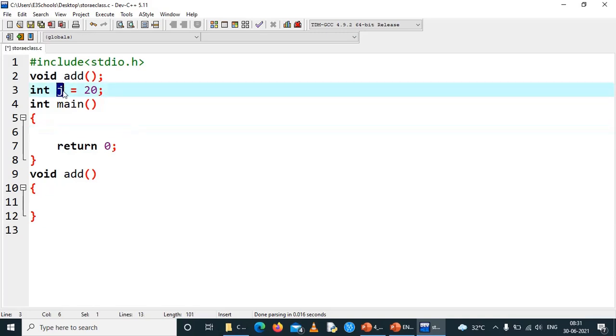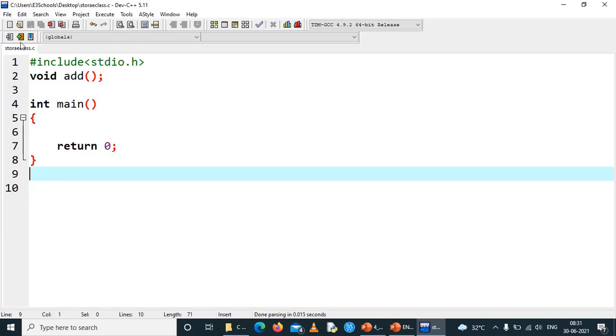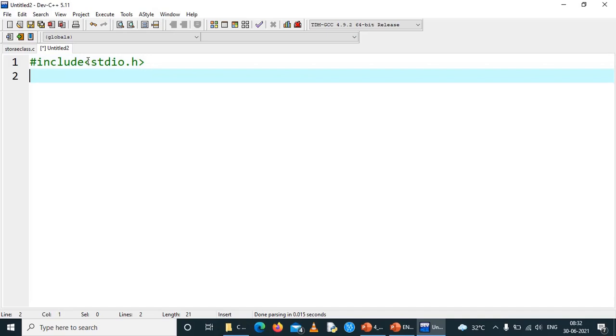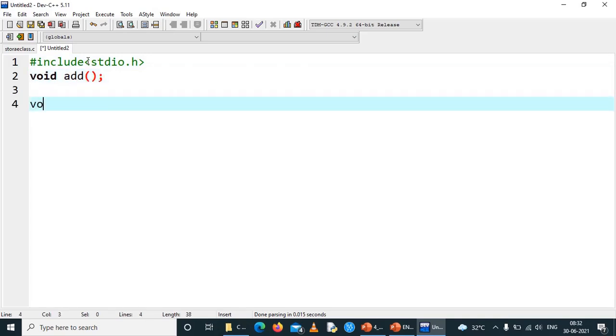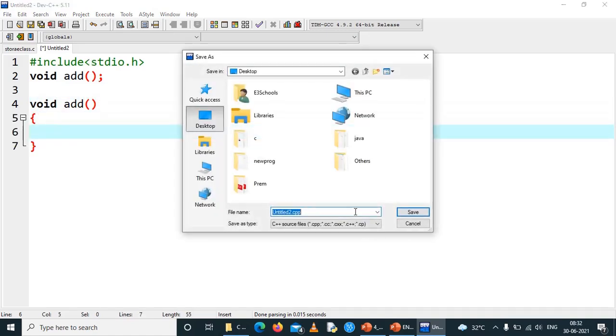So we have a global variable named age. We delete this. Now what I'm going to do is create a new C programming file, where I have created an empty function just to make sure this is a C programming file. b.c is the file name.